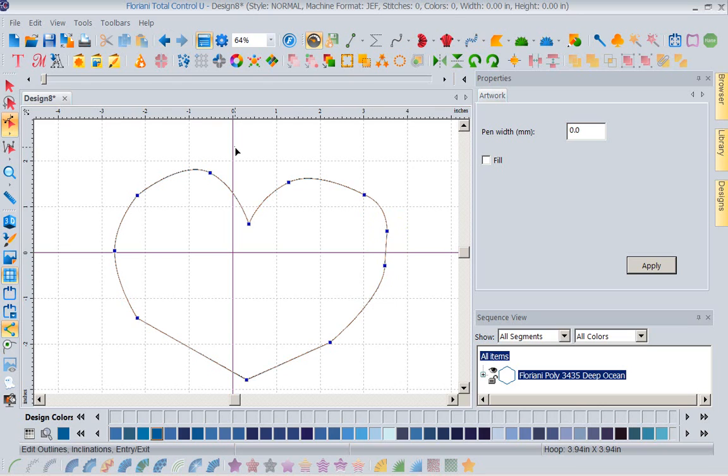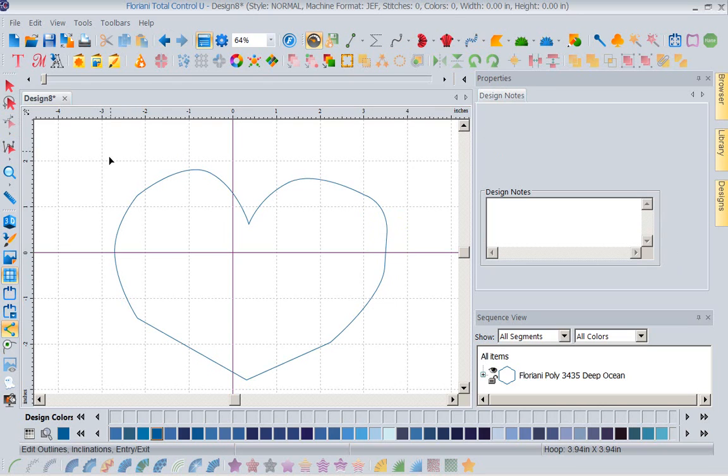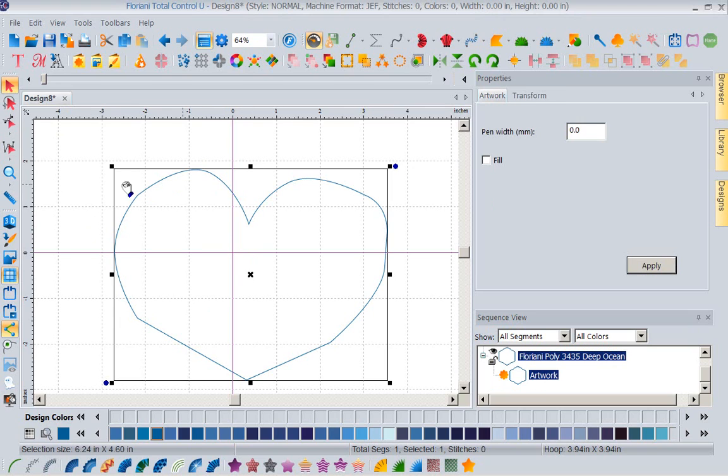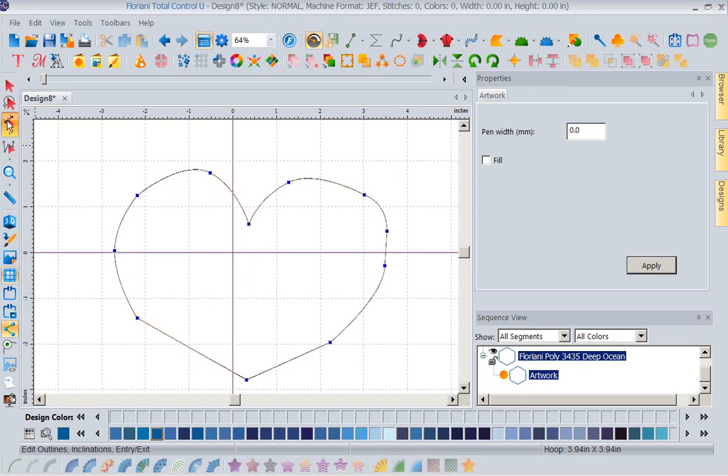Now this is my artwork, so I'm still just working with artwork. As you can see, if I look here, it's still telling me, Kathy, you're working with artwork. So that's what I've done. Now let's look what else we can do to this artwork. Let's come back to our shape tool. Sorry, I have to select it. If it's not selected, the tool isn't available. Let's come back to our shape tool here,